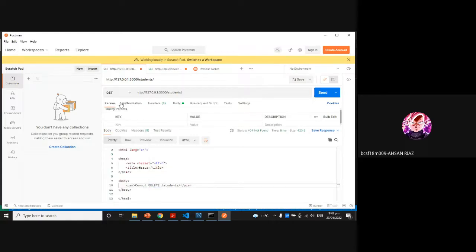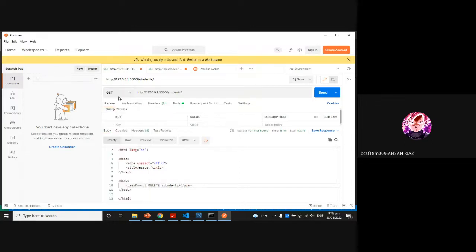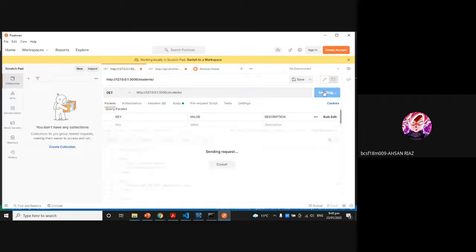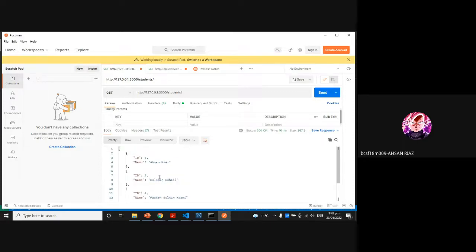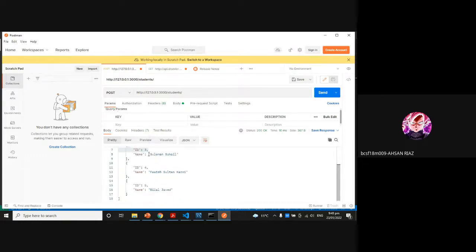If I check again the student request, sorry, I need to set get here. When I am checking here again, the student with id2 is deleted successfully. If I set post and send the request here, then it will